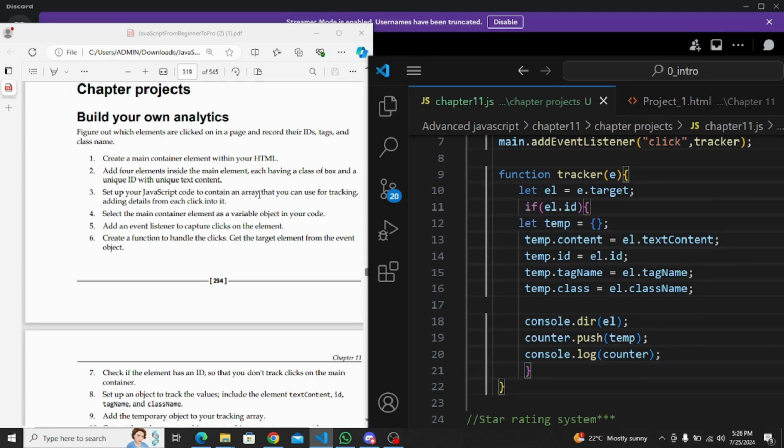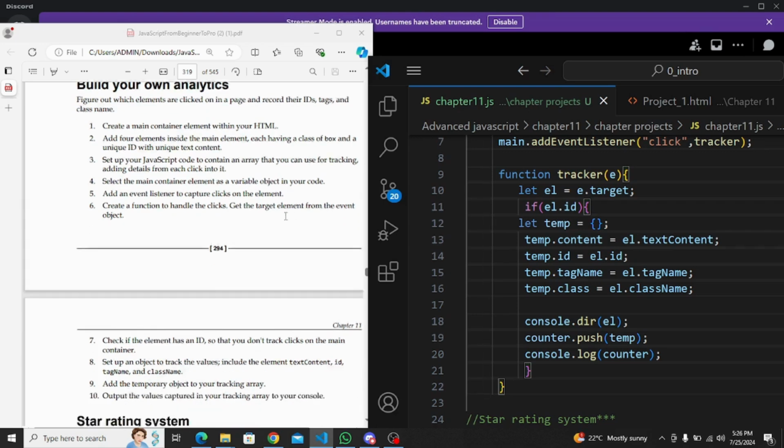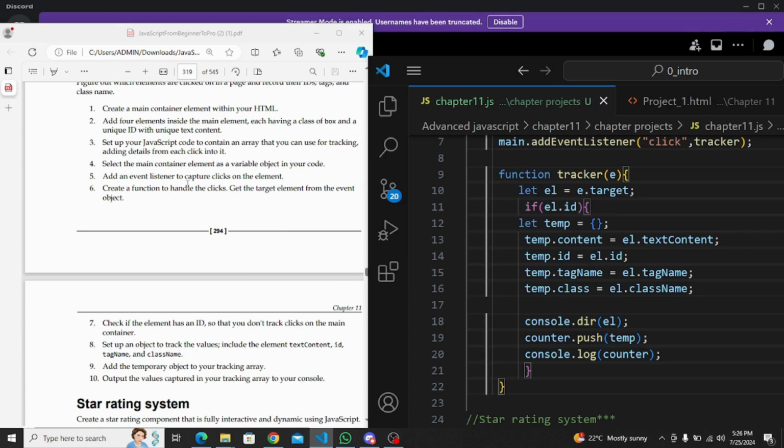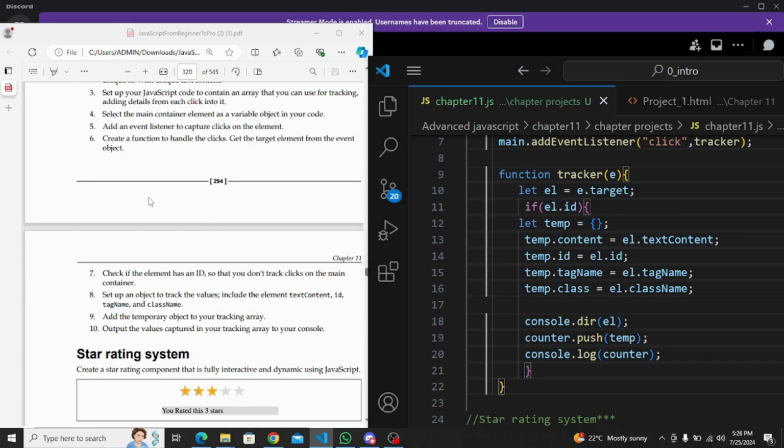up a JavaScript code which will contain an array that is tracking the details from each click that we make, and then we'll select a container. We'll select main container as our variable object in our code, and then we'll add an event listener to capture clicks on the element, and then we'll create a function to handle the clicks, and then